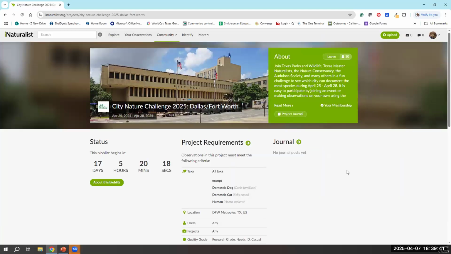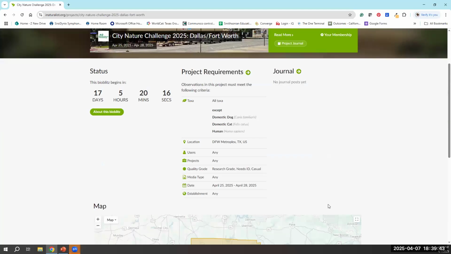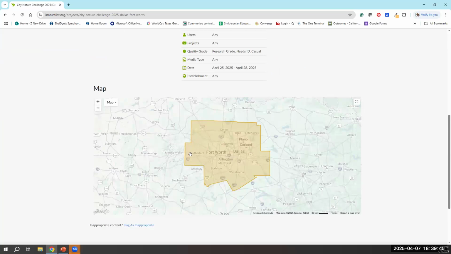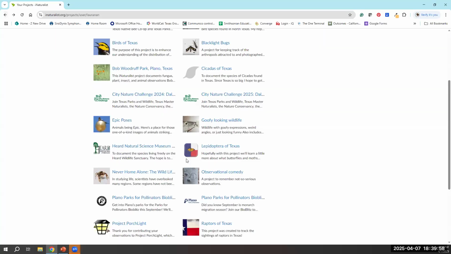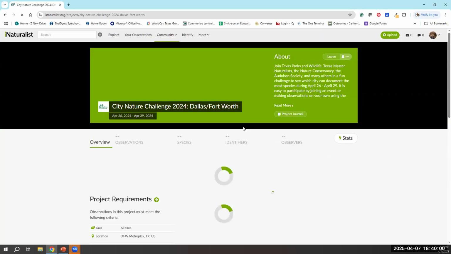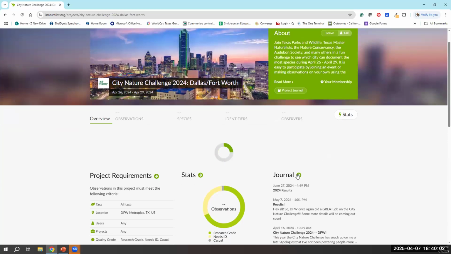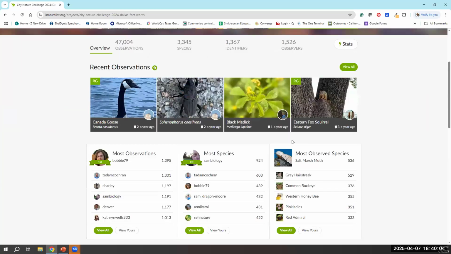City Nature Challenge 2025 for Dallas-Fort Worth. You can see this outline box is, if you are in this box and you submit an observation, it's going to count. And we don't have any journal posts yet because we still have 17 days. But let me show you last year so you can see what those journal posts will look like.